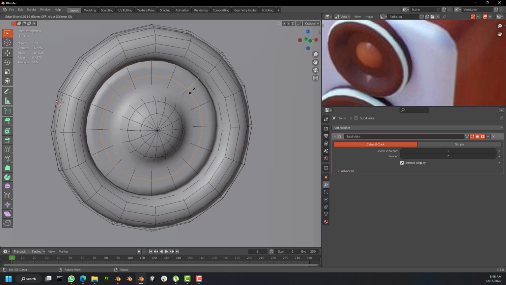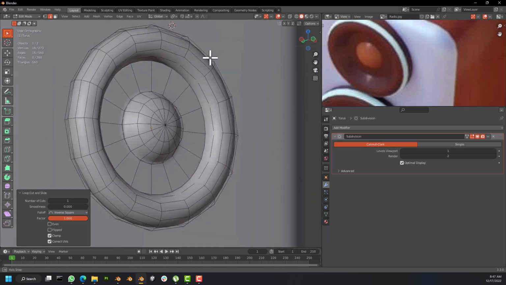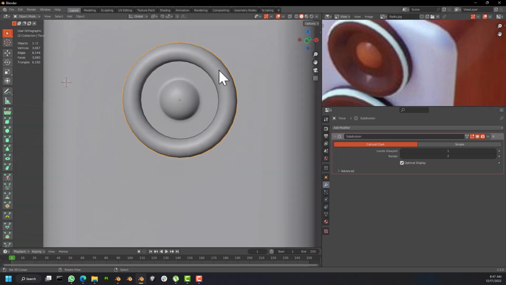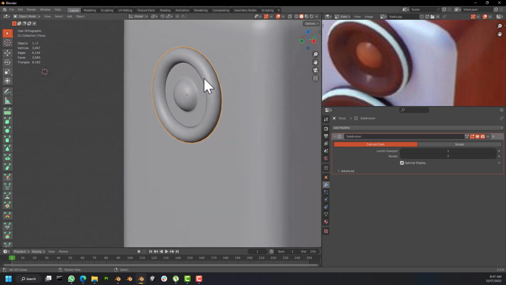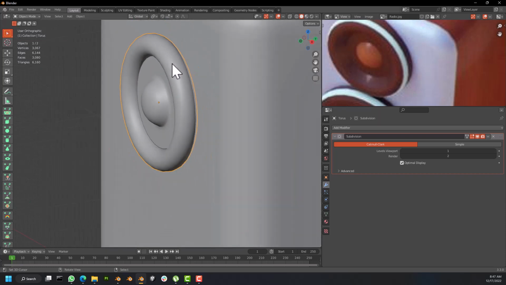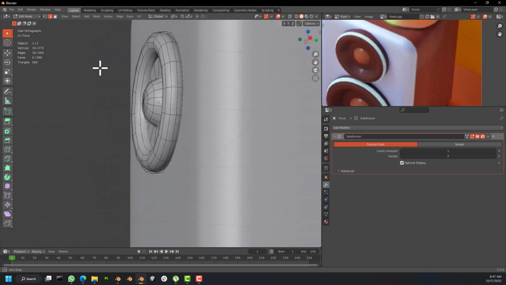I'll just click to select once, then move my mouse to where I want to crease it. So I crease it here. Let's add another one. Control R, select once, and once I'm satisfied, I select again. So you see we now have that speaker. Ta-da! That's amazing. Okay, so if you notice, there's also a sharp crease here, but I believe